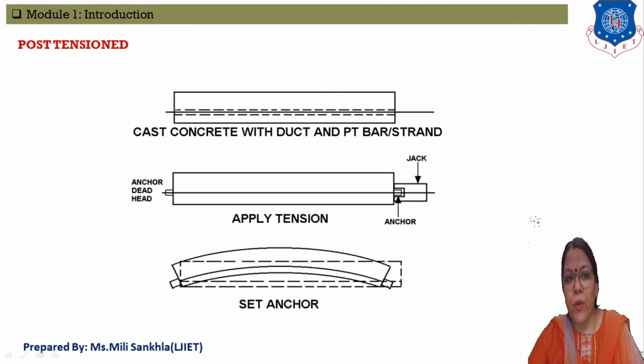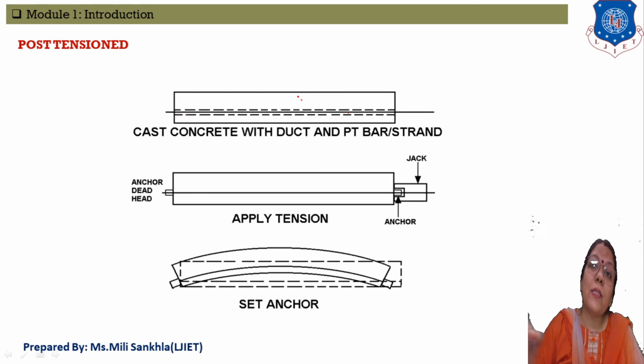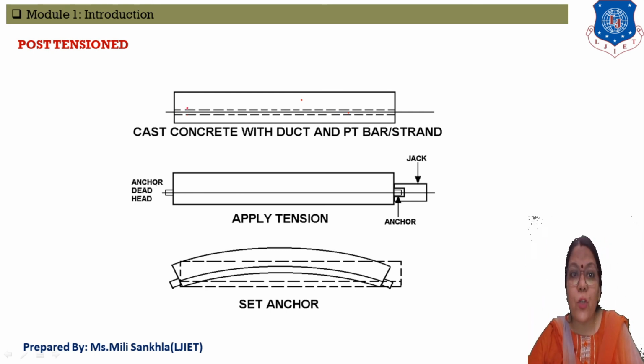Look at this one, this is the duct. In the middle portion of the duct, tendons or strands are passing through. This duct is placed simultaneously while pouring the concrete. The ends of this strand, tendons or cables are anchored. Look at this one, it is anchored. One end is anchored, that means fixed, and at the second end we provide jacking. In this figure, both ends of the beam are anchored and one end is provided with a hydraulic jack.